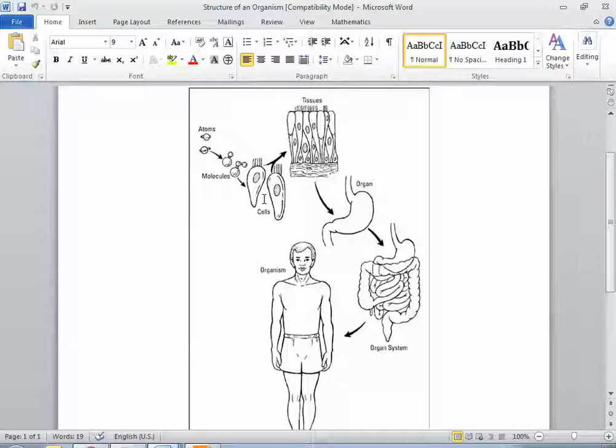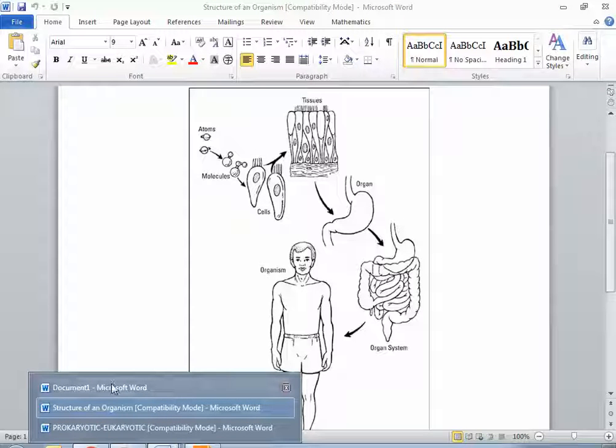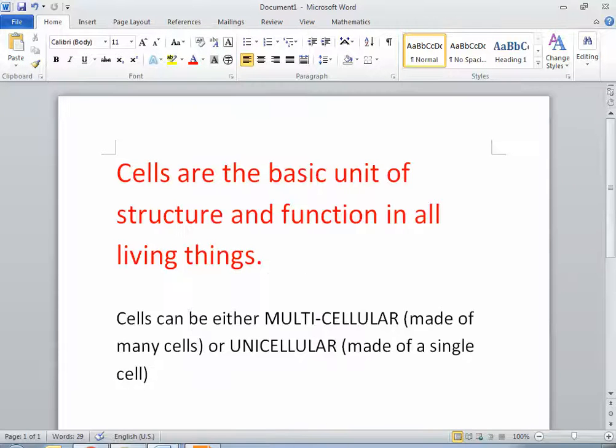You collect different organs, and they collectively make an organ system. You put organ systems together, digestive system, cardiovascular, endocrine, integumentary, nervous system, you get an organism. These are the things that we went over in class. The next thing that we did in class, and I actually am going to pause it for